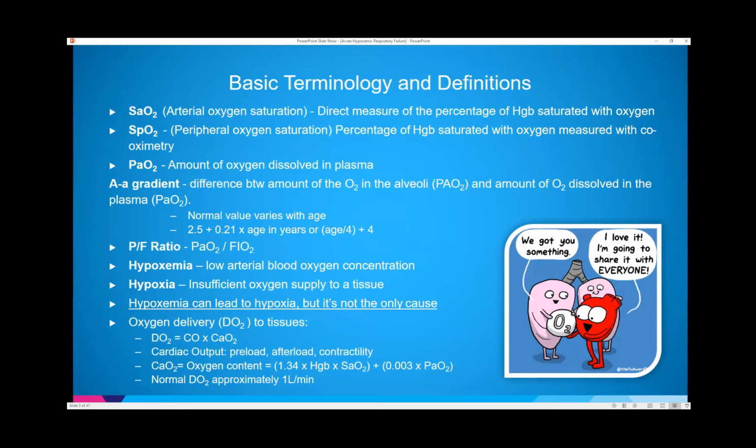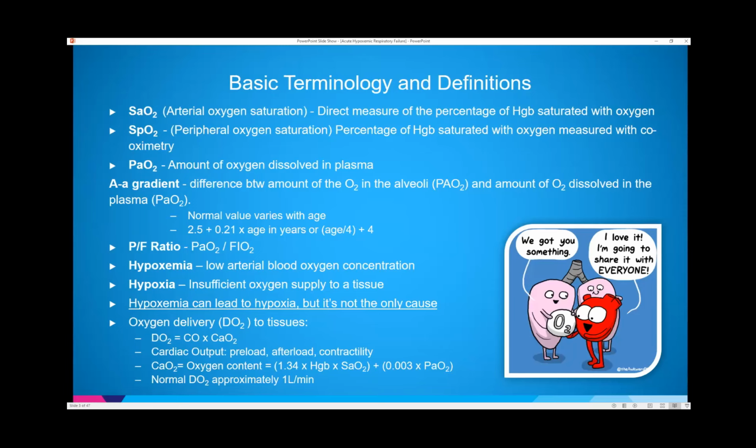Hypoxia is insufficient oxygen supply to tissue. So two different things. And I have here underlined, you can have hypoxemia, which can lead to hypoxia, but it's not the only cause, right? So there's many other causes of hypoxia, such as lack of perfusion, anemia, if somebody had hemorrhagic shock, cardiogenic shock,